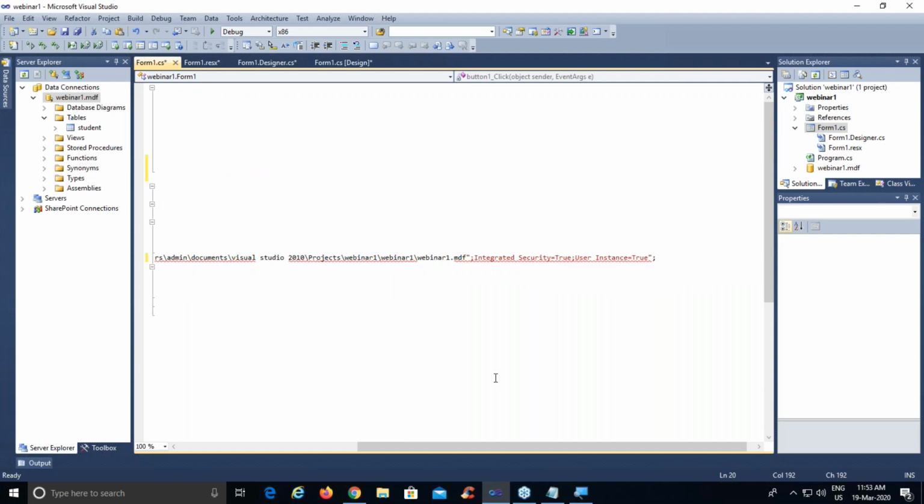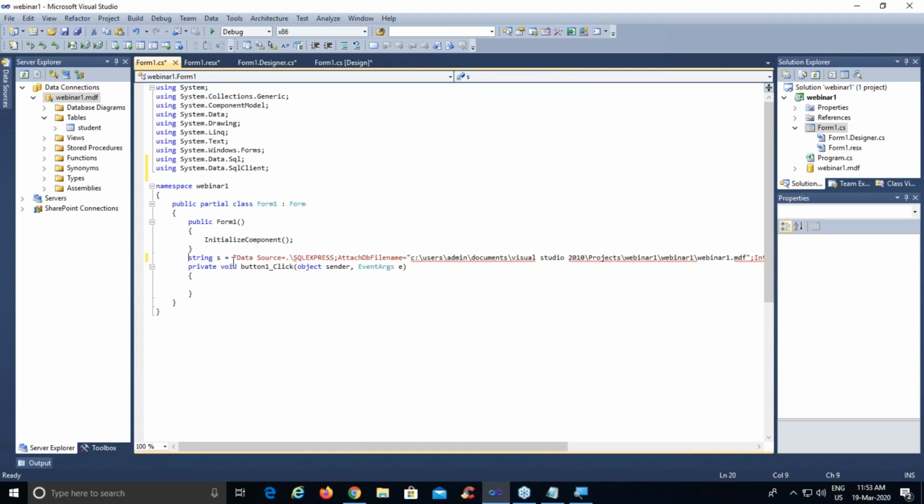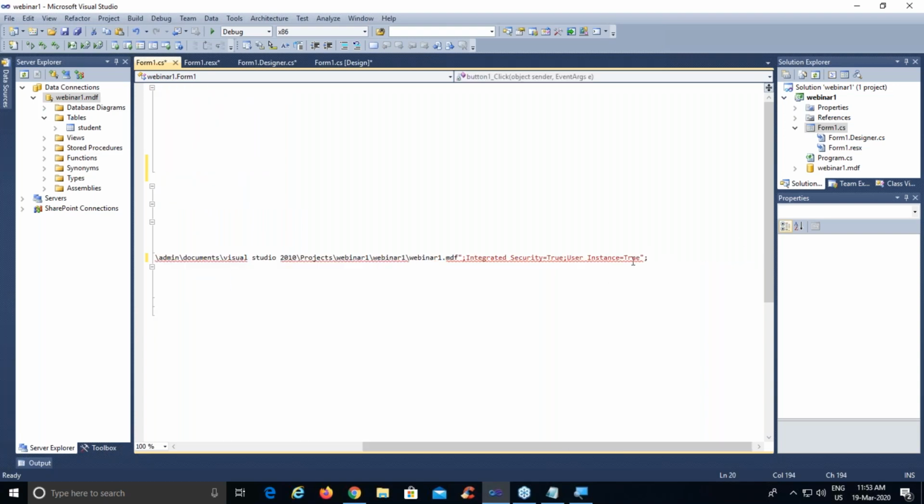Now the next thing you need to do is remember that in a connection string, you will have only the first and the last double quotes. In between, any number of double quotes you find, you just need to remove. So I'm removing all these double quotes that are in between this connection string. So the point is your connection string should be in red color. Remember this thing.